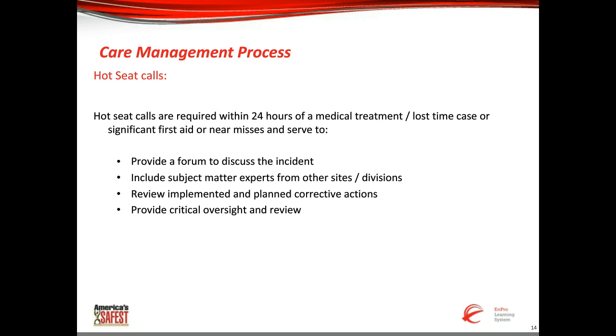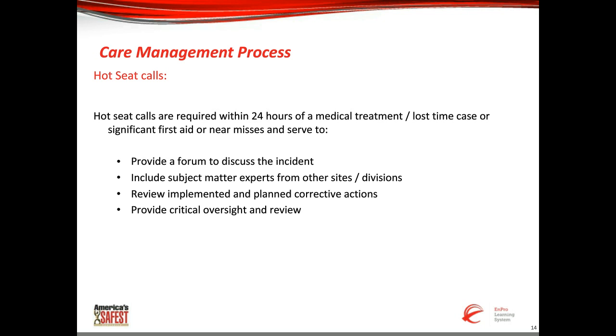Employee made an unsafe decision. That's not a root cause analysis of an incident, and there's a reason why that person made that decision or took that unsafe act. And that review team is there to help make sure that we're challenging ourselves to get down to that true root cause. Once there's consensus on the root cause of the incident, we're going to move into the corrective action portion.